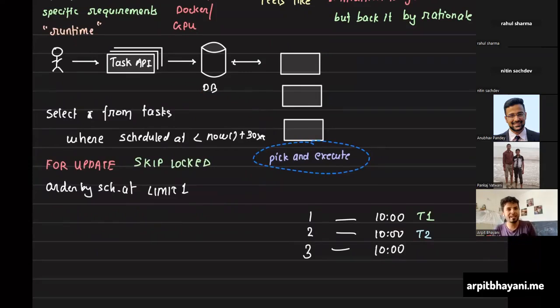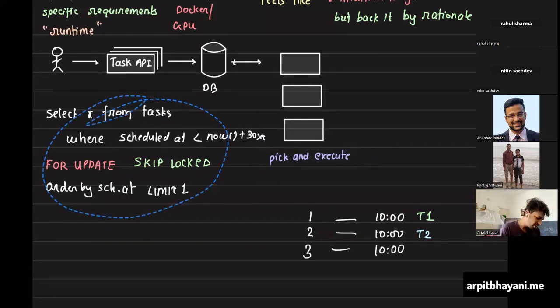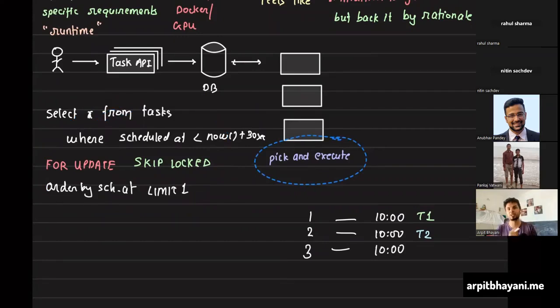Okay. Now my next question is, this query is perfect. Now do you see a problem with this machine doing both picking and executing? Look at this query and see what this machine is doing. It is also picking and executing. Do we see a problem? Yeah, Pankaj, you can continue and then I'll go to Rahul. Do you see a problem with this machine doing two things?